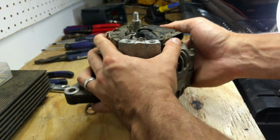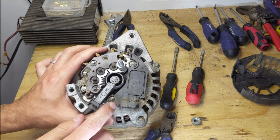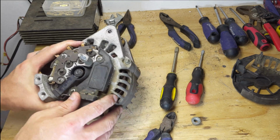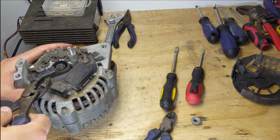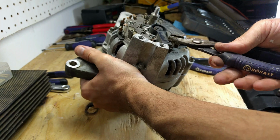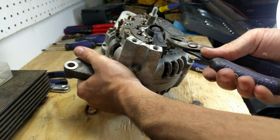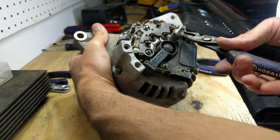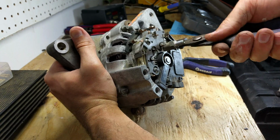Okay, so if you have a Torx wrench, you would need to take out these little screws, bolts, whatever they are. I don't have Torx sockets, so I will have to try to use the pliers and see if I can get them off. I should be able to. They normally don't tighten them too tight. Oh yeah, these are coming off. Alright, so I'll take them off. I'm going to go ahead and maybe loosen all of them. I don't know if you can see that well, but